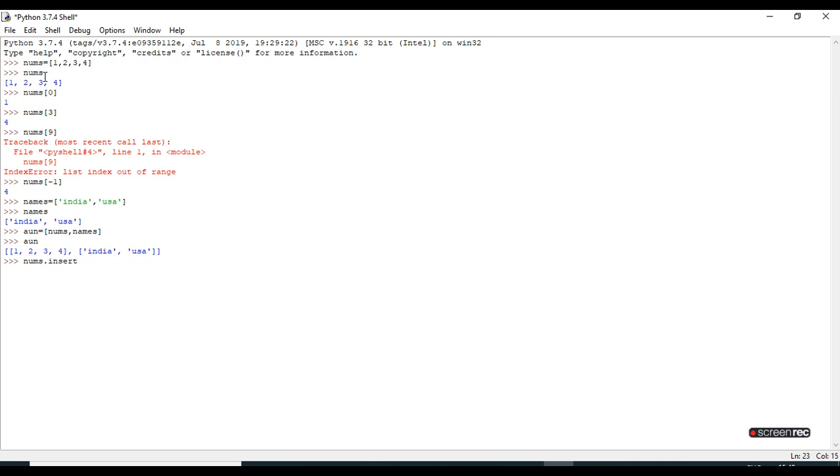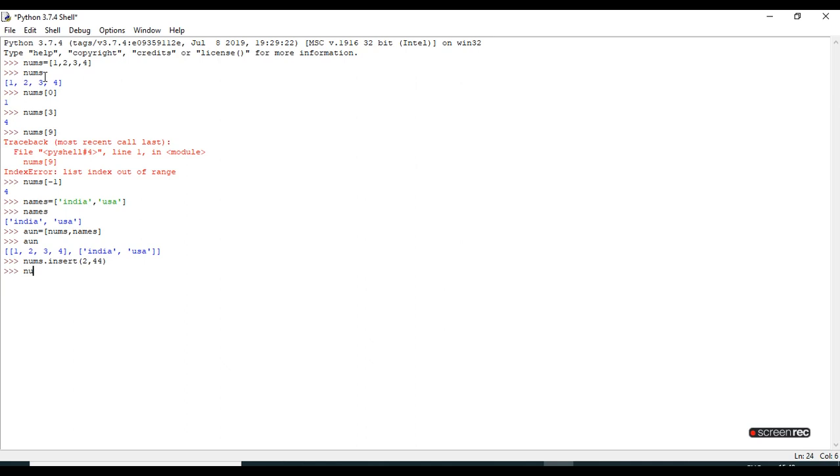If you're going to insert the element, you have to specify the position first and then give the element. So if I'm giving 2 comma 44, what will it give? If you are thinking that the 3 will be removed from here, then you're wrong. It will give 1, 2, 44, 3 and 4.